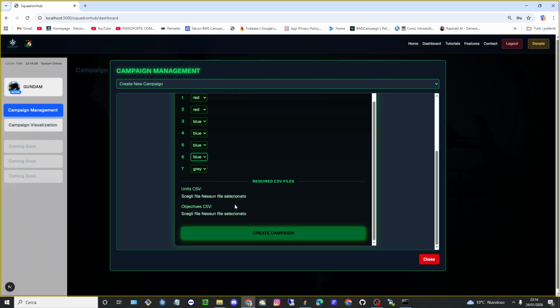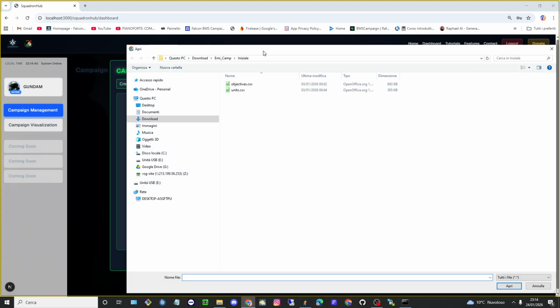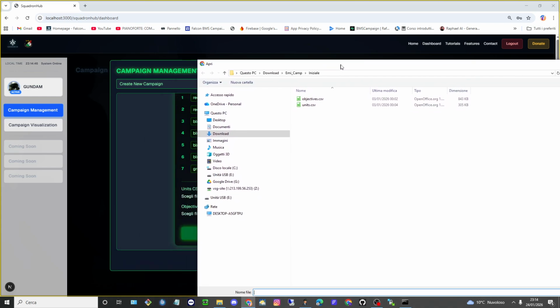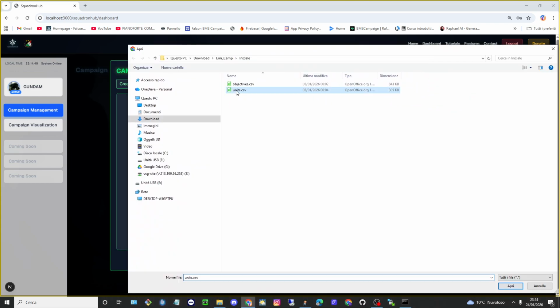Perfect. Next, you need to upload the files that will be used to load the initial state of the campaign. This is very important and is required both for units and objectives. So just select. I have to translate this one into English, but I can do this after. Units,